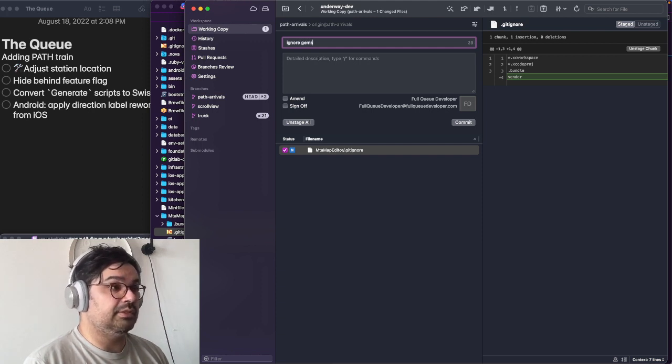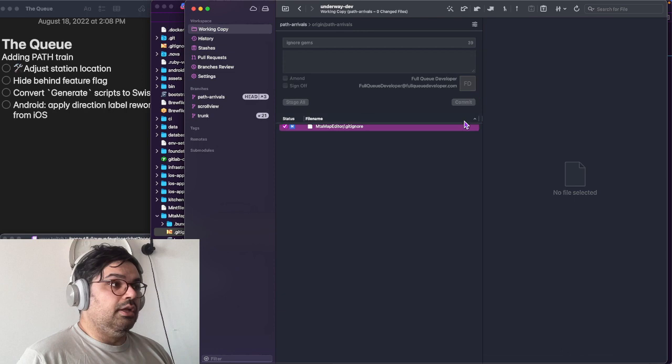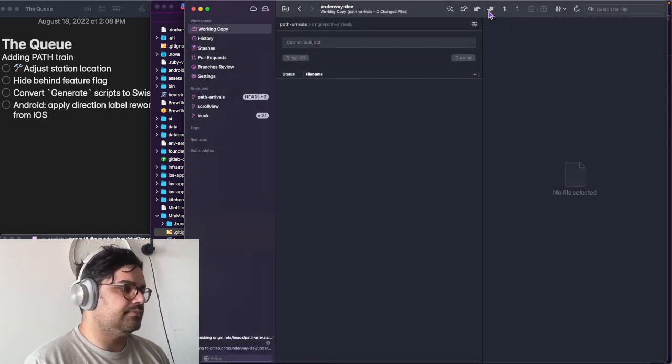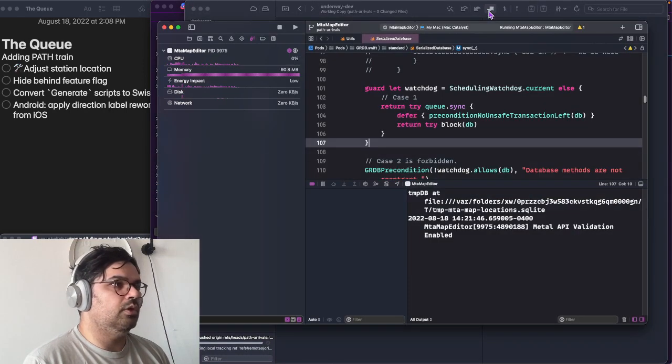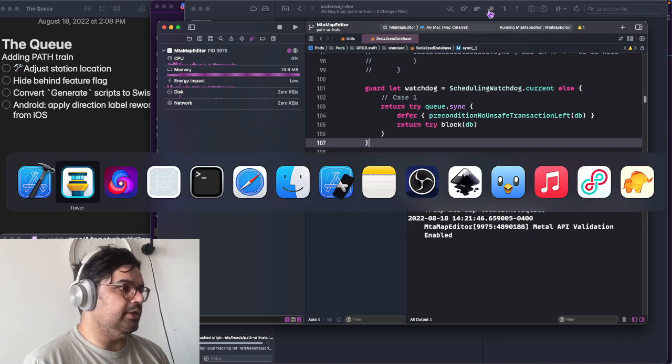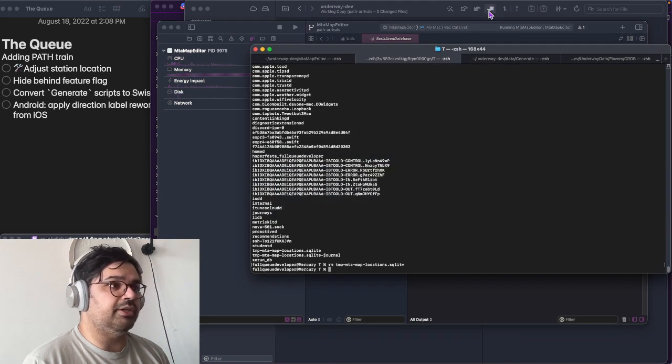Cool. So now if we run our generate script again,